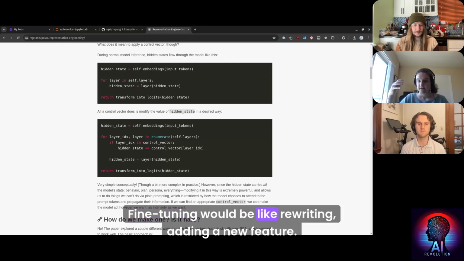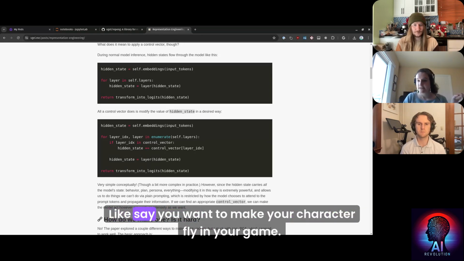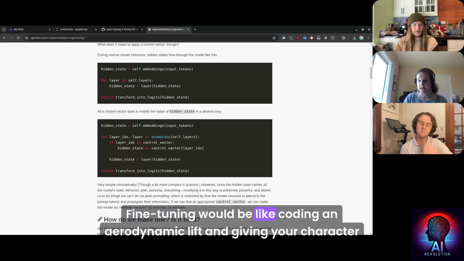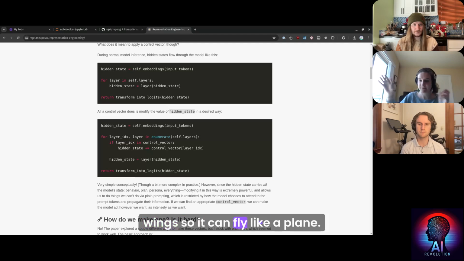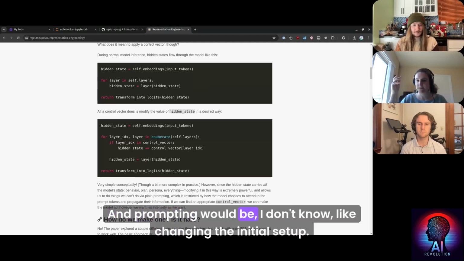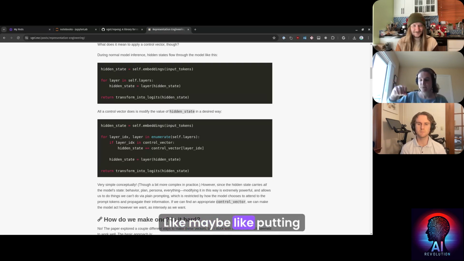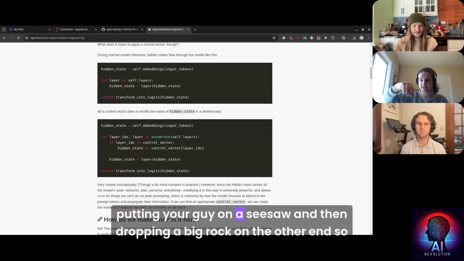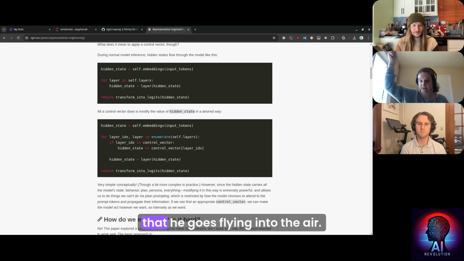Fine-tuning would be like rewriting, adding a new feature, like say you want to make your character fly in your game. Fine-tuning would be like coding in aerodynamic lift and giving your character wings so it can fly like a plane. And prompting would be like changing the initial setup, like putting your guy on a seesaw and then dropping a big rock on the other end so that he goes flying into the air.